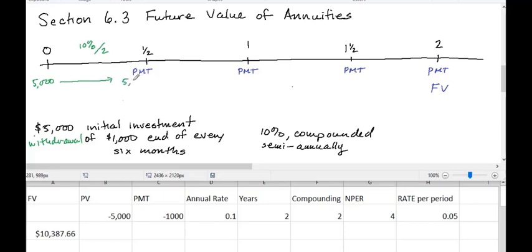$5,000 advances, earns 5% interest, and I have $5,250. But now I'm going to take out $1,000, which leaves me with $4,250, and then that much money will advance for another 6 months. With interest, I'll have $4,462.50. But then I take out another $1,000 withdrawal, leaving me $3,462.50. Let that money advance for another 6 months. With interest, it grows to be